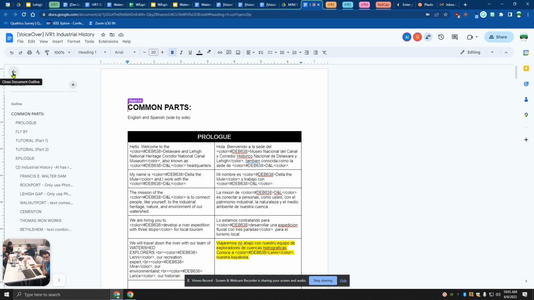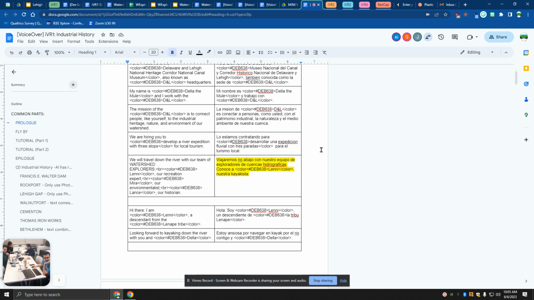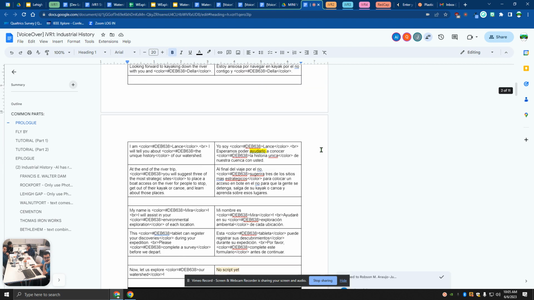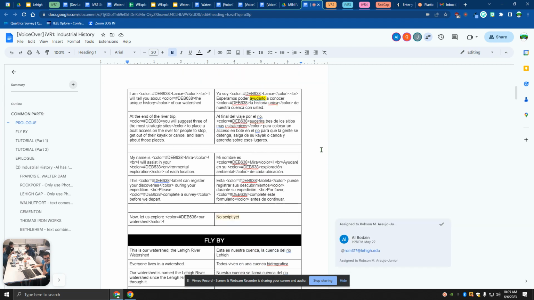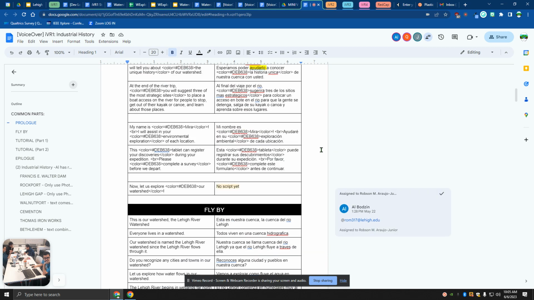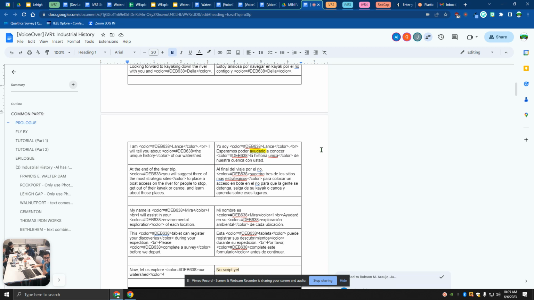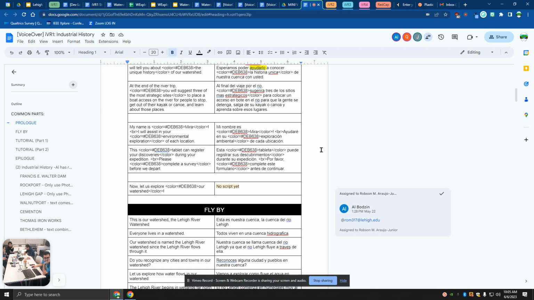And the way this is structured, this has what's called common parts at the top. And all these common parts, the prologue, the flyby, the tutorial, and the epilogue will be going into all the versions. So the versions that you're doing, those are kind of common parts. And you saw that when you went through the whole version of Watershed, prologue,